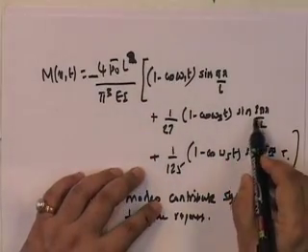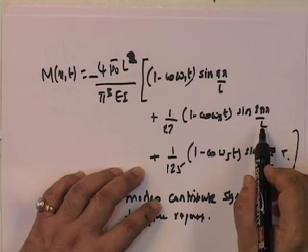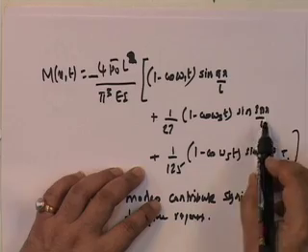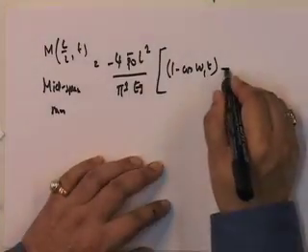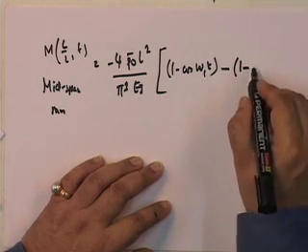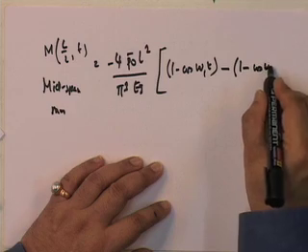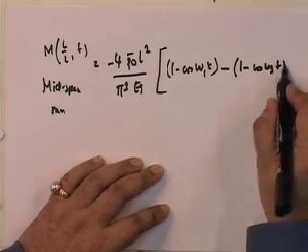Then this one, sine 3 pi by 2. What is 3 pi by 2? 3 pi by 2 is again minus 1. So, this becomes minus 1 minus cosine omega 3 t,